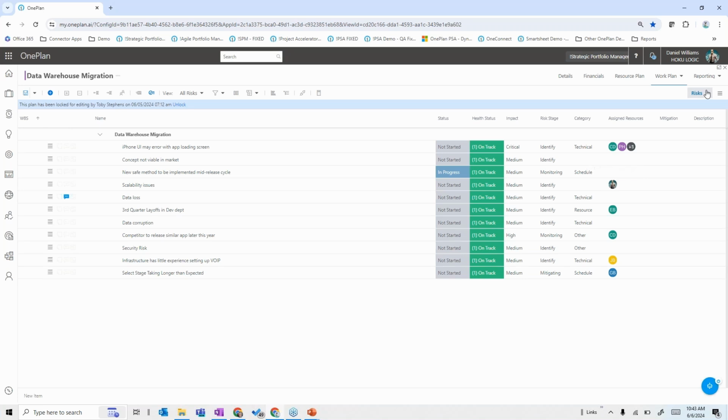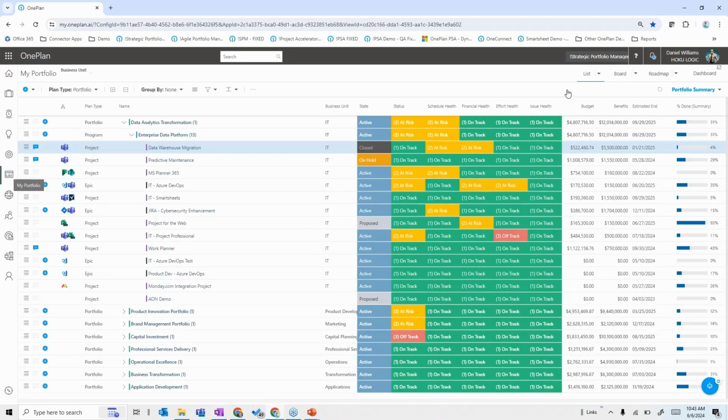You can even add your own work types in here. There's change requests and key decisions in here, but we have people add things in here like assumptions and lessons learned and other ones of their own type, and that's just simple configuration if you'd like to add additional things like that. If I go back to the portfolio, what I would like to show is that